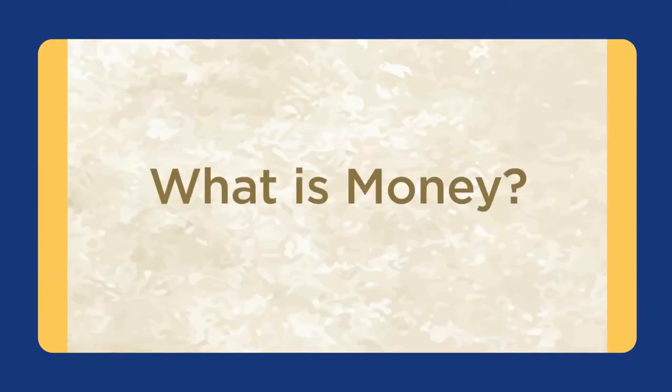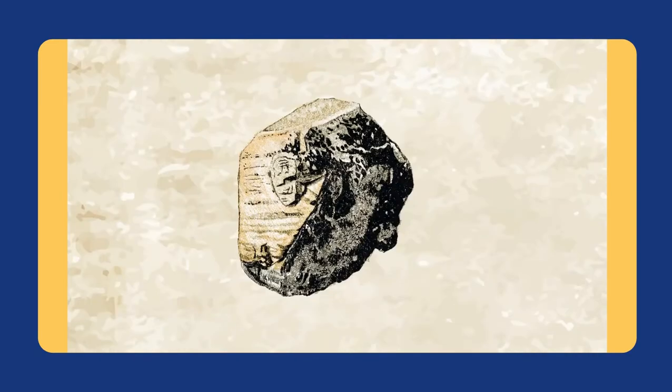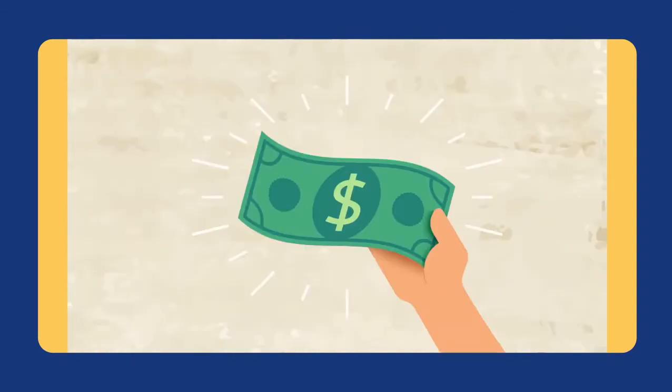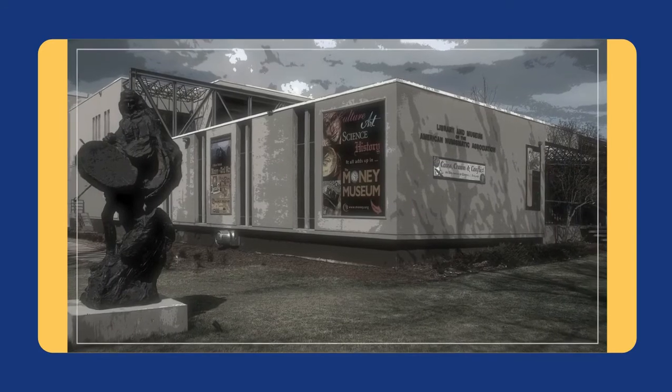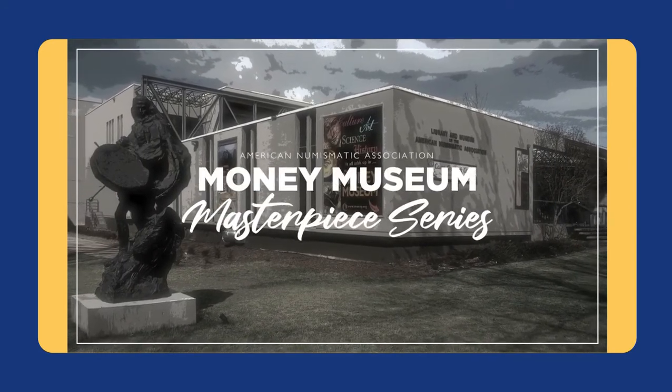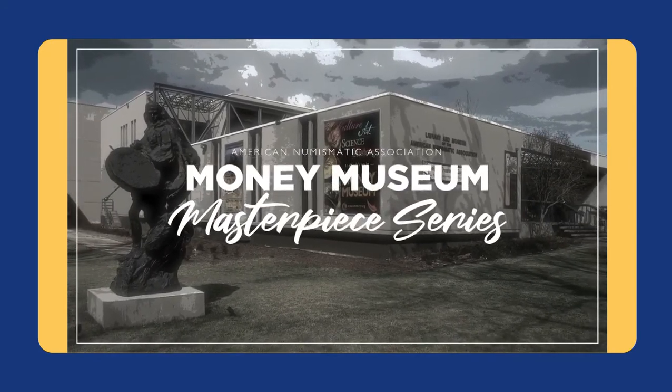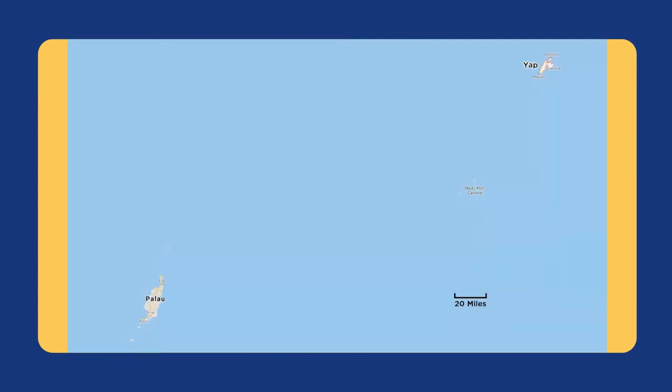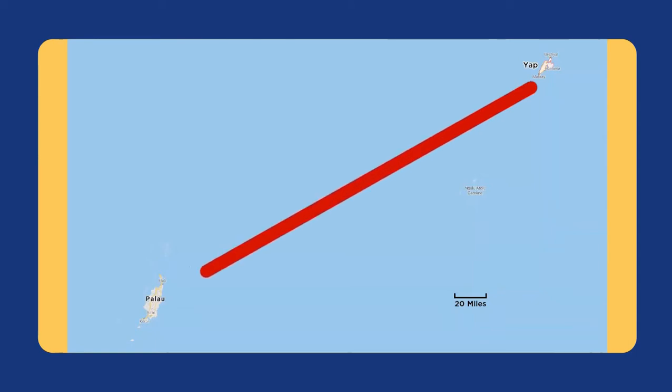What is money? Do you think of gold, silver, coins, banknotes, maybe credit cards. What if I told you money doesn't have to be any of those things? Hundreds of years ago, explorers from Yap, a tiny island in the South Pacific, found limestone deposits on the Palau archipelago, hundreds of miles away. The Yap Islanders mined the limestone into huge stone discs that looked like donuts, and brought them back to Yap